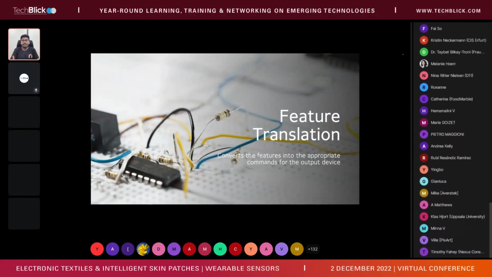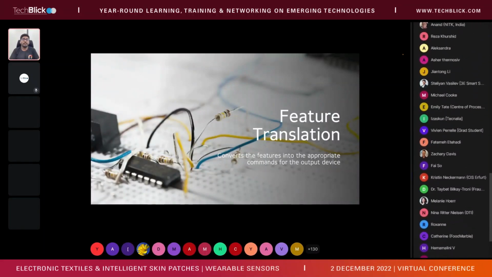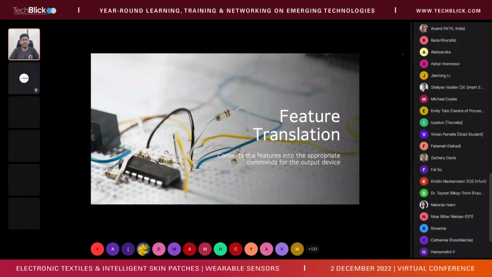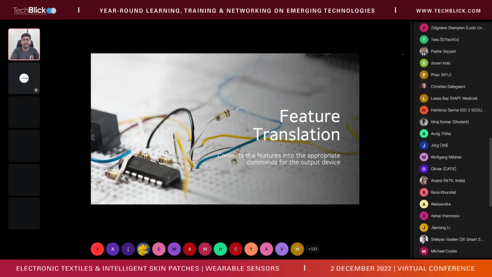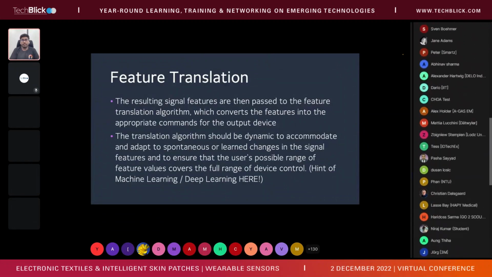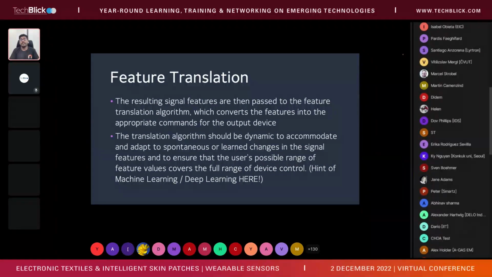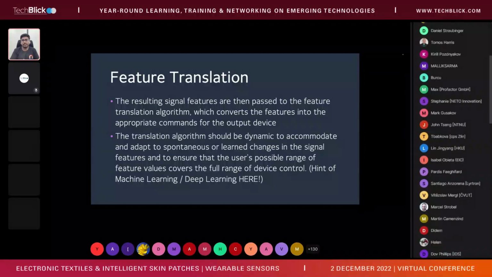And the next one is feature translation. Now you have an extracted feature that you want to translate so that your end devices can understand and carry out that particular command, right? That's where your entire machine learning or deep learning comes into the picture. Because your brain is complex and all these features are really complex, you need some mechanism to translate or map those features into